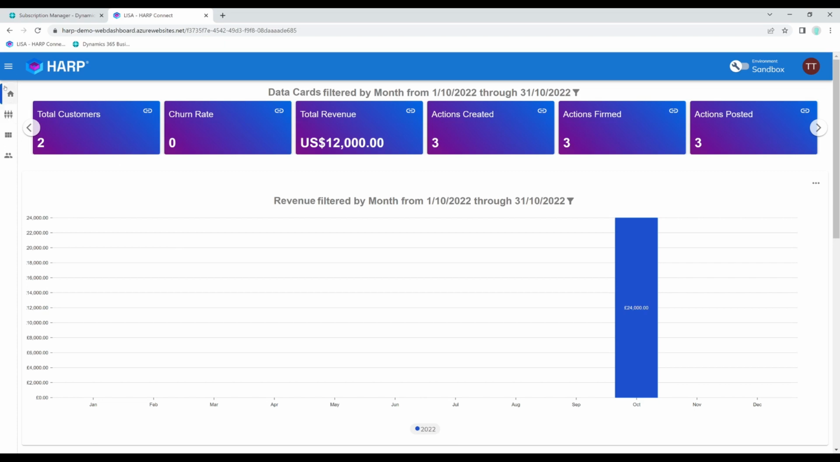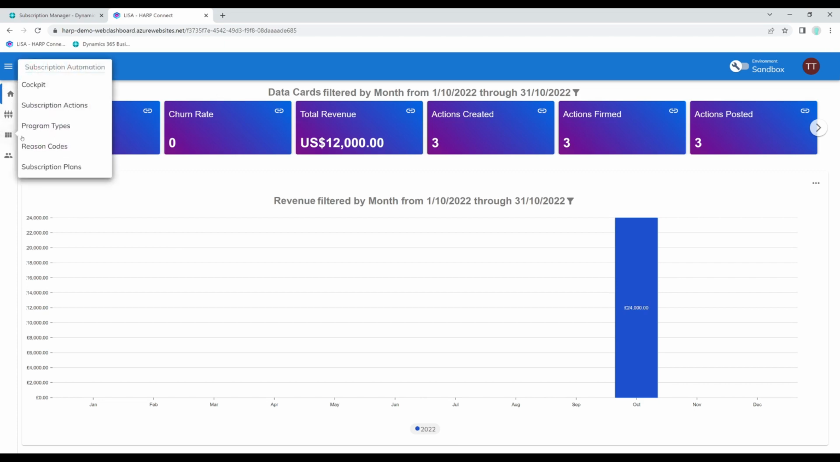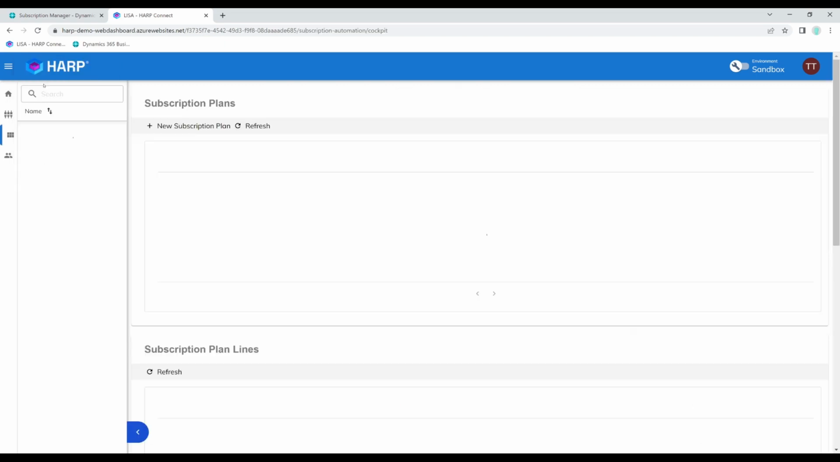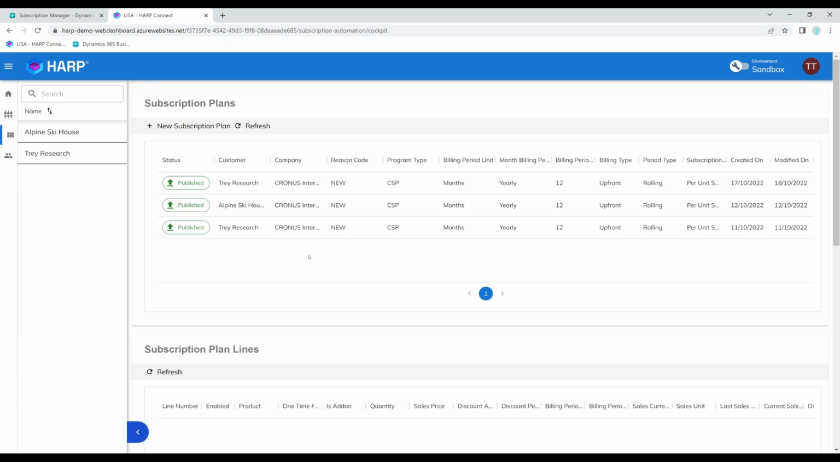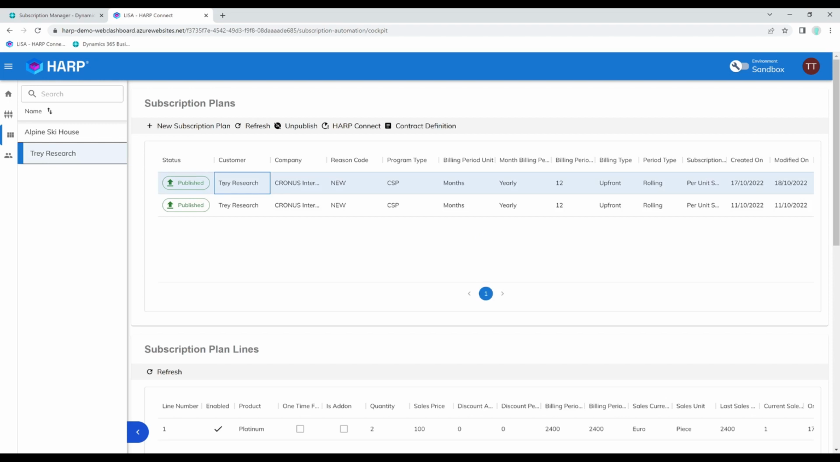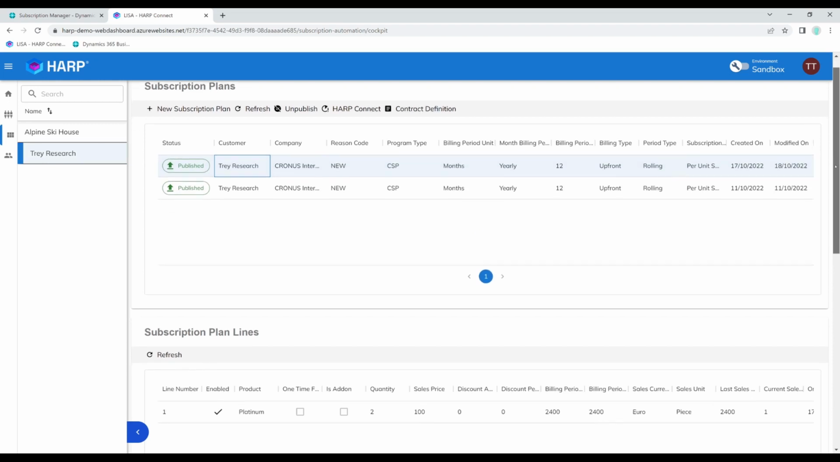Here we are on our main page of HARP, and if we go directly to our cockpit, we can see all of our plans and plan lines related, right? So I'm going to select the customer that I would like to give credit to, which in this case is Trade Research. I click my subscription plan, and keep in mind that to give credit notes to a customer, or